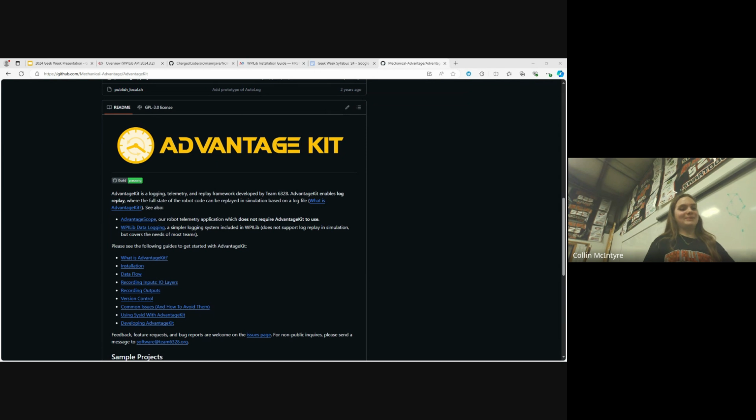Let's go with climb. Okay, so right here we have our climb subsystem. Notice how many files it has? Four. Exactly. Okay, so the first file we have is Climb.java. This is an example of our subsystem. Within our Advantage Kit structure, there will be 3 or 4 classes to every subsystem, most of the time 4, sometimes 3. So the first one will be our subsystem